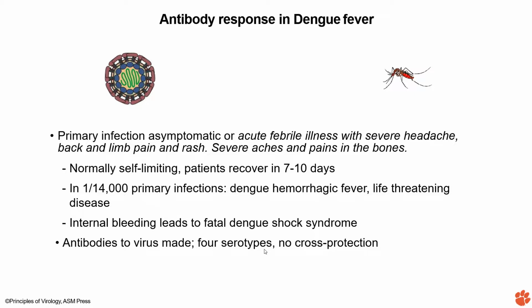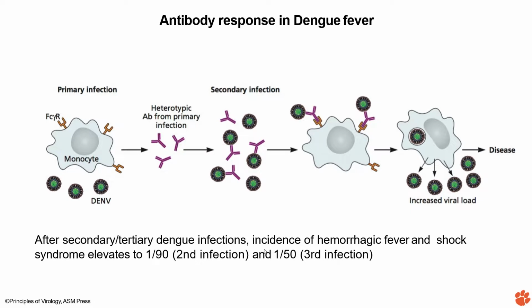They will not cross-protect. If you have dengue 1, you may not get dengue 1 again, but you can have the other ones. So here is the problem. These monocytes have the Fc gamma receptor, which binds to the antibodies. These monocytes mature into macrophages, remember that. And they can internalize the virus bound to the antibodies, basically. So you have the dengue virus, and you have these heterotypic antibodies from the primary infection, and